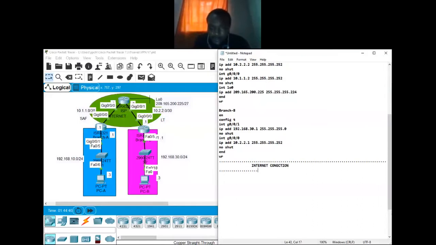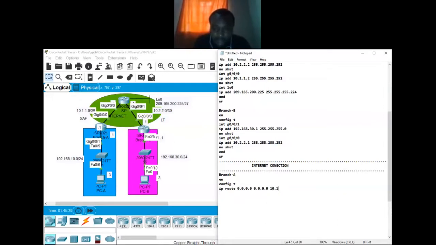Once you check my classes for static routing, you're supposed to remember we had branch A. What you need to do is enable config terminal and then say IP route. If you're going to an unknown destination of an unknown subnet mask, take that traffic to